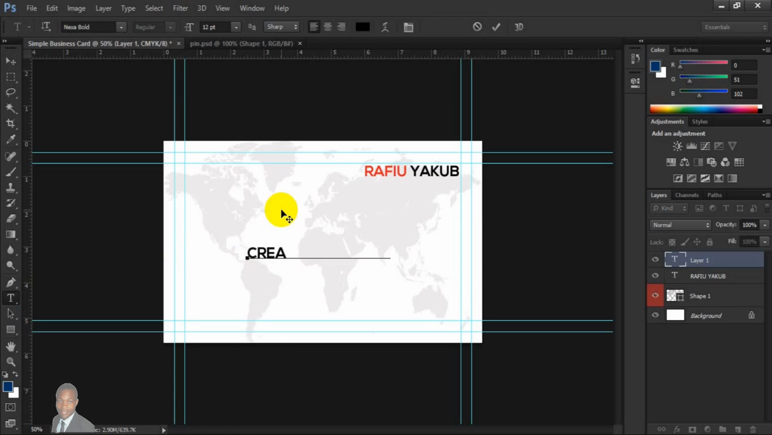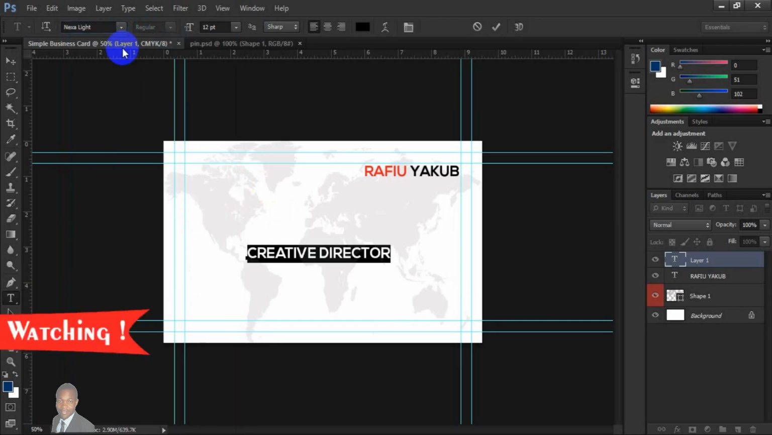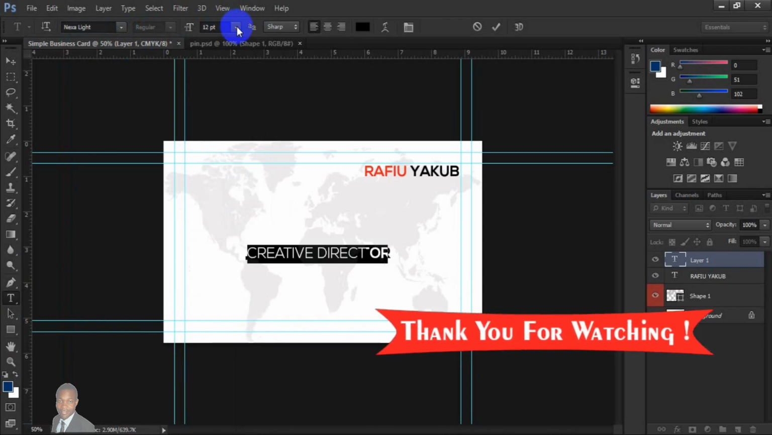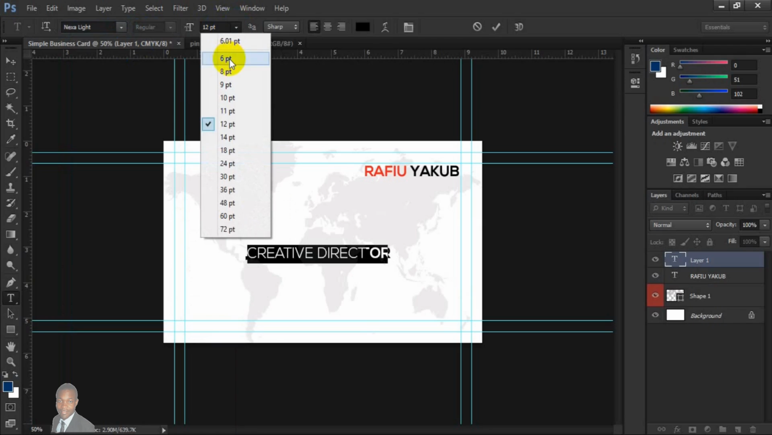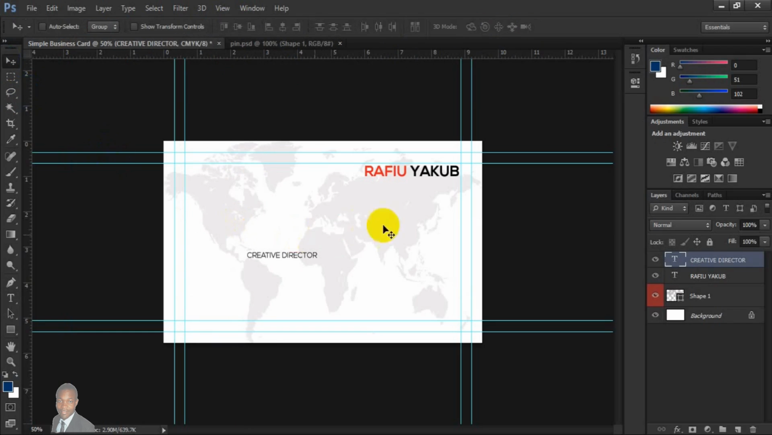Then press Ctrl A to highlight the text. Come to the font style, change it to Nexa Light. Then come to the font width here, change it to 6 width. Okay, once you are done, then you click on Pick Tools to accept it. Next, take it to